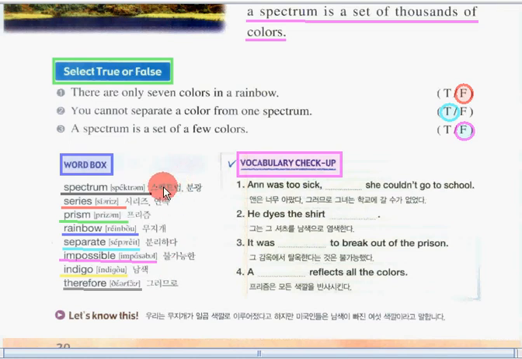Spectrum, series, prism, rainbow, separate, impossible, indigo,